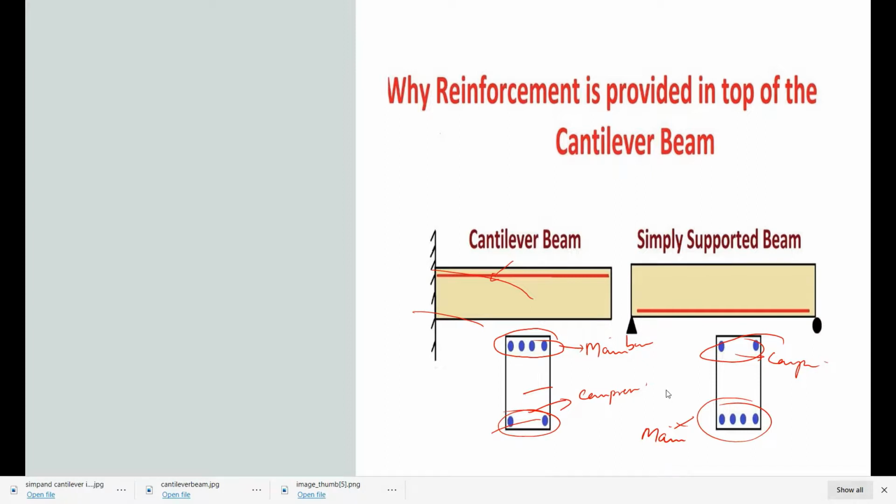Now we can see both situations simultaneously when we have a propped cantilever beam.